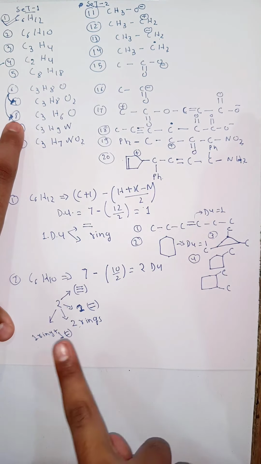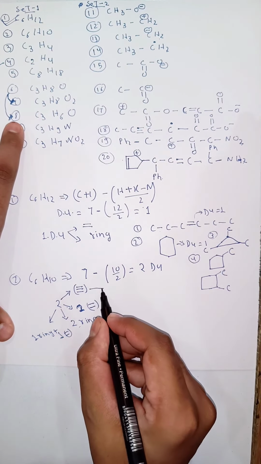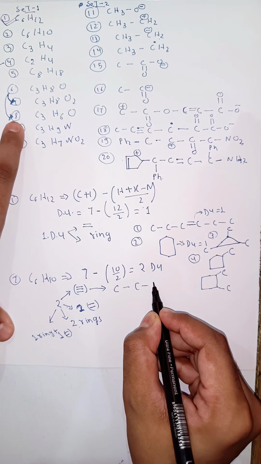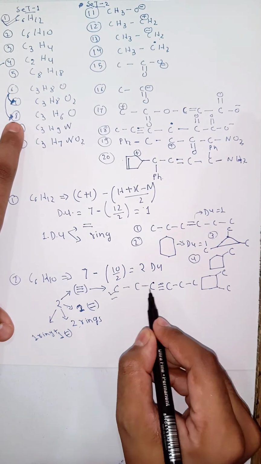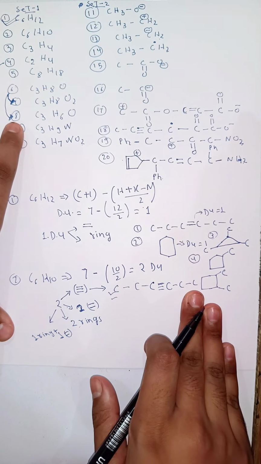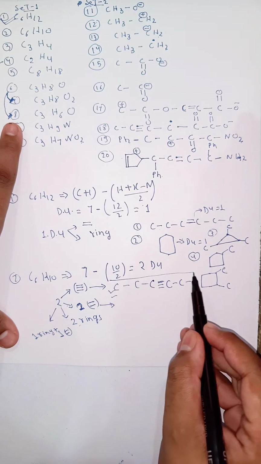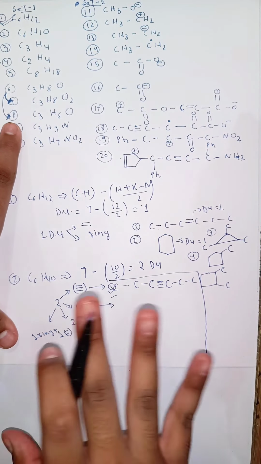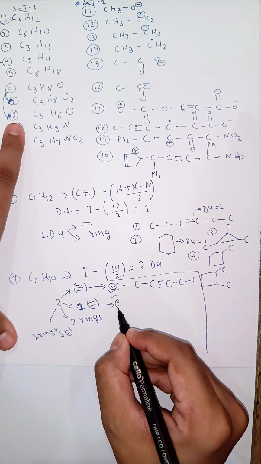Based on this I will be telling you some of the structures, but don't focus on them for now. A triple bond structure will be like this. It will be a hexyne. You can see this is hexyne. The triple bond I have placed here, you can place it anywhere. A possible double bond structure is drawn like this. This is a double bond, a possible double bond structure. Many structures for double bond are also possible, but I am drawing one structure from each.